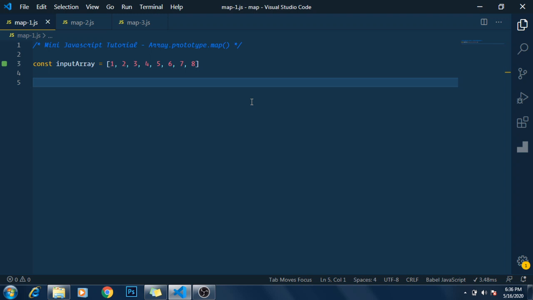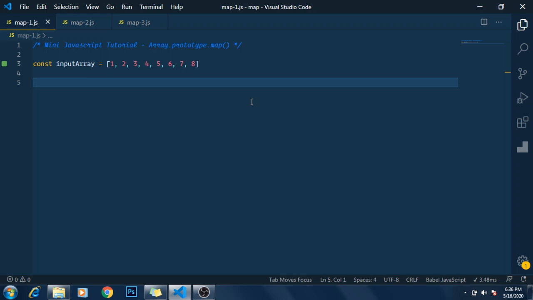The .map function is used to generate a new array using an existing array. The number of elements in the generated array will always be equal to the number of elements in the primary array. We generally use .map when we need to iterate over the elements of an array, do some transformations on each element, and then return the new array with the transformed values.